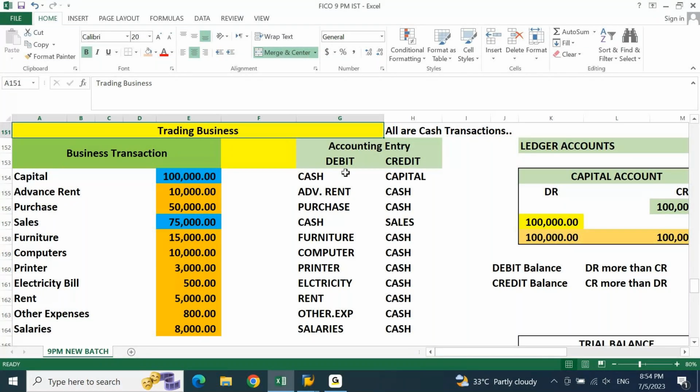Test, check your knowledge, whether you are learning from me or you are learning from anywhere. Test your knowledge, because tomorrow you have to get a job in SAP FICO. That is your target. Nobody is learning SAP FICO for time pass, or just for the namesake of learning, to tell somebody that I learned SAP FICO. The purpose of everybody is to get a job in SAP FICO. Right?